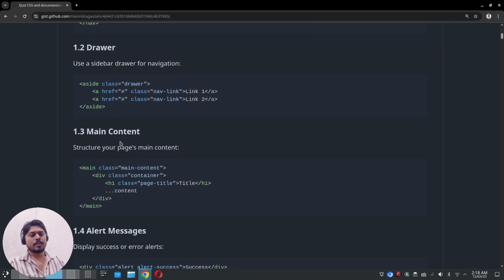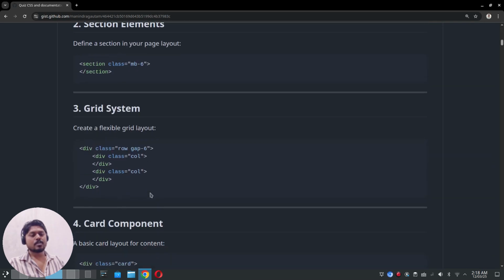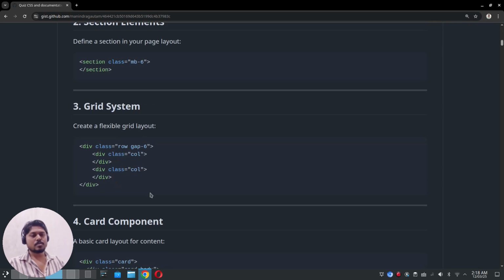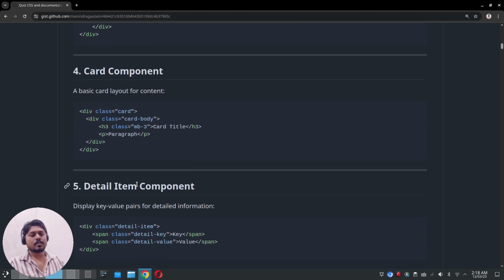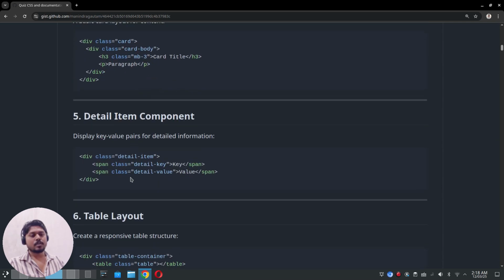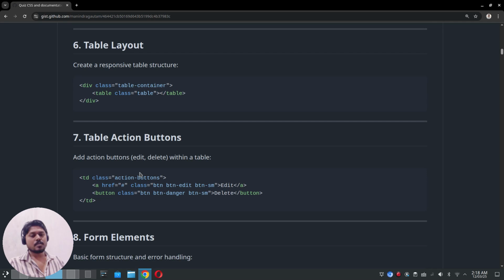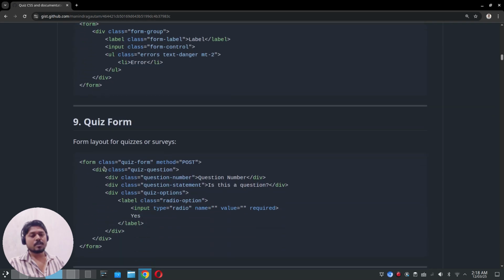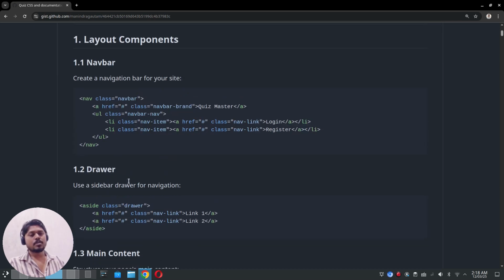So we can use these for modifying our templates, which we have to use again and again. That's why I made the structure for whatever is needed, like the card, the detail item, the table layout, the table actions button, form elements, and the quiz form specifically for surveys or quizzes. So let's start with the layout itself, and